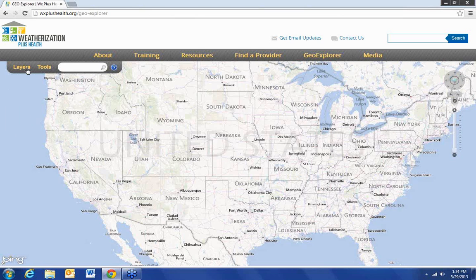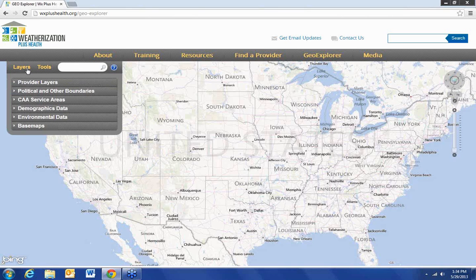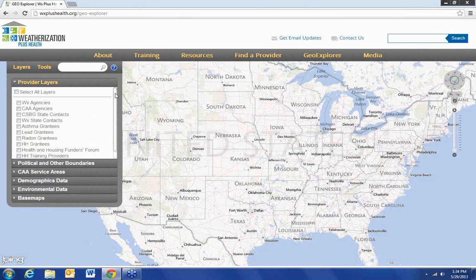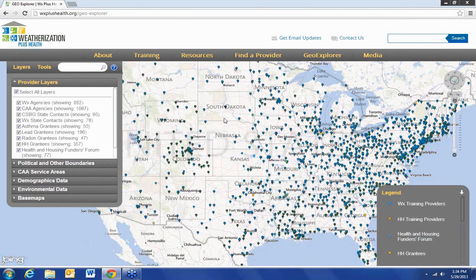It does not default to view all of the pins on the map the way that Find a Provider does, because it wants to provide you with a clean slate so that you can view what you want to view. We will first go into this drop-down of provider layers. It is the same exact provider list that we had on Find a Provider. You can select all layers to have every pin appear on the map, and here you see the legend to show